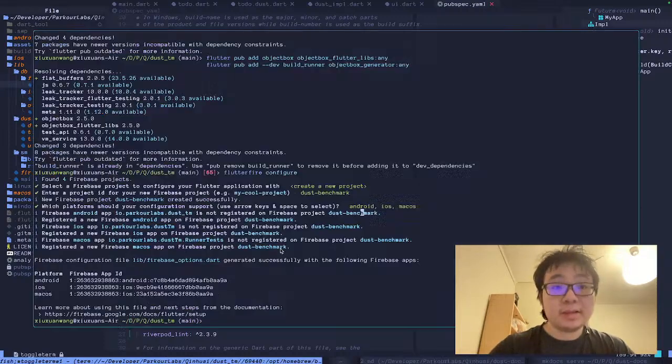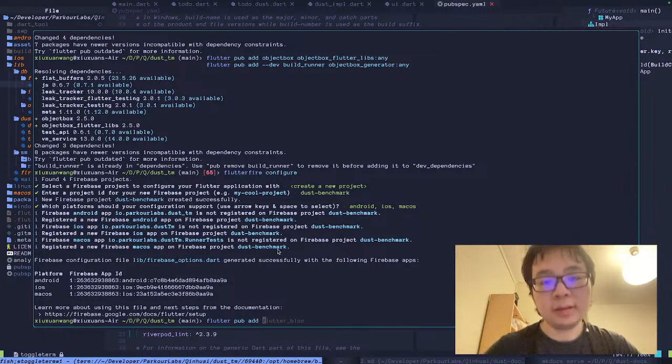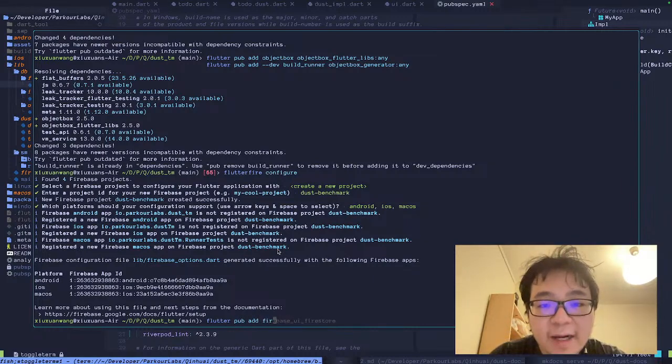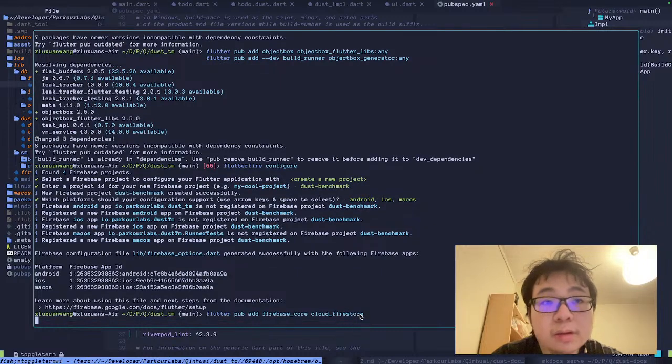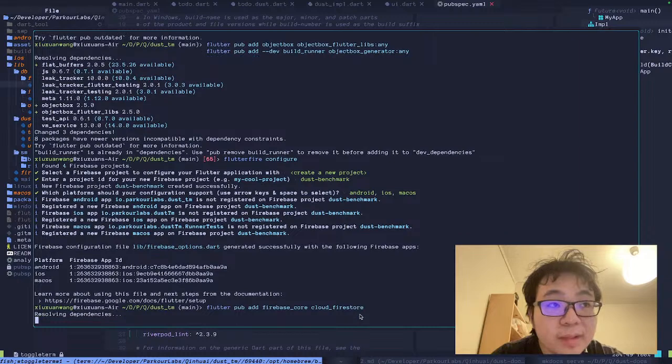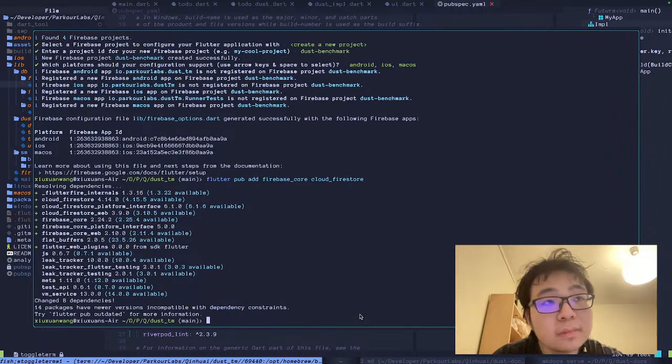So basically I'll need to add flutter pub add firebase_cloud_firestore, firebase_core, and cloud_firestore. Yep. And also, should I add